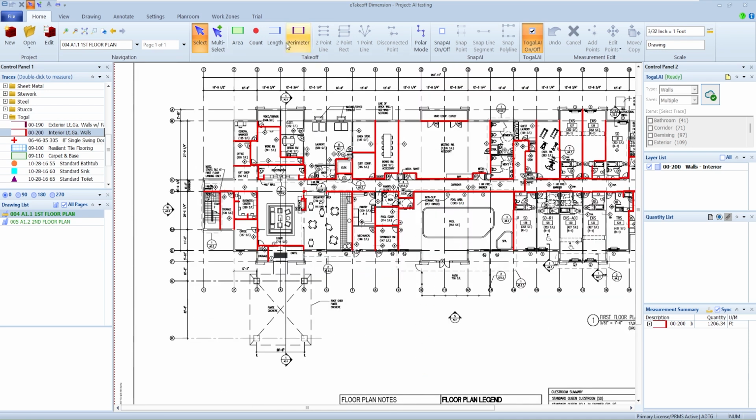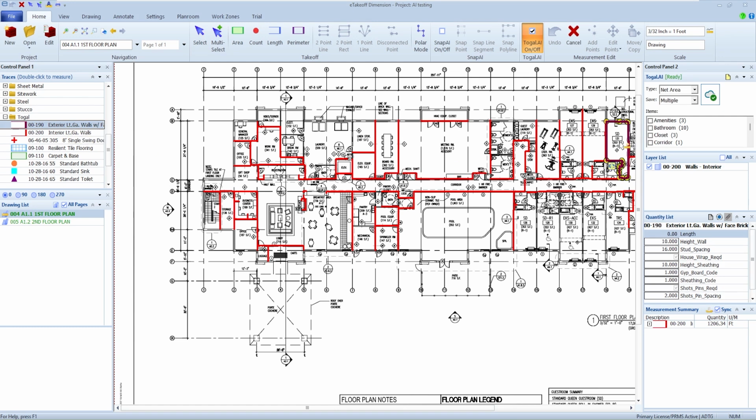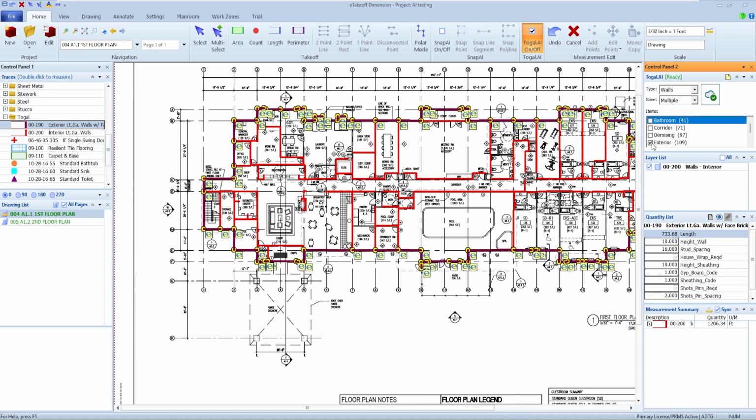So that's an example of linear footage. That was maybe my interior walls. Let's say I want to take a look at exterior walls. Same type of thing. I'm going to say I want to focus on walls, and I could click on each segment as I want. I could hold my shift key down and it would try to highlight all the different walls for me. Or I could come down here and say, just go ahead and pick up the exterior walls for me.